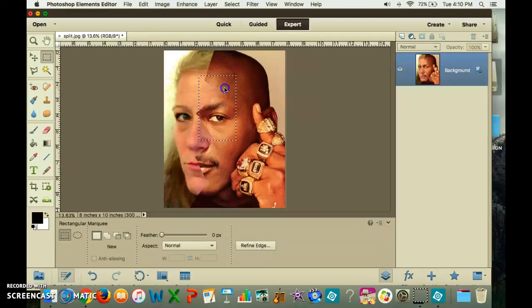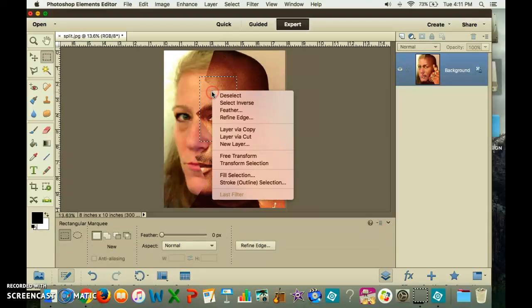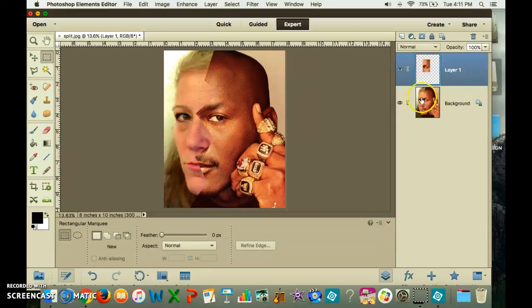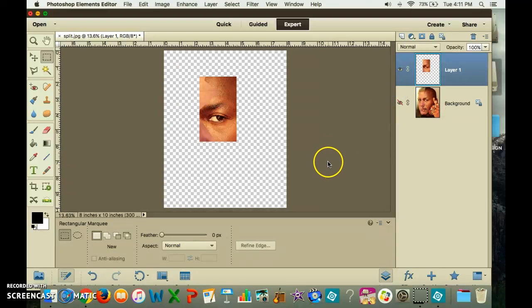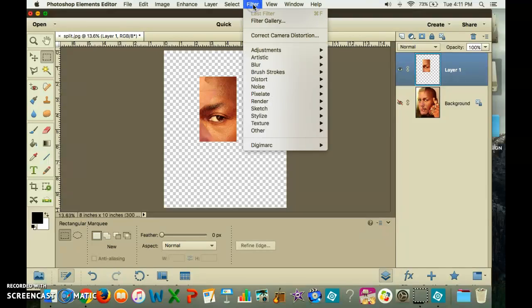So I'm going to be looking for anywhere between 8 to 14, 15 layers. This one's going to be a nice large one right in the middle, and it's one of the eyes that's going to stand out quite a bit. Then what I'm going to do is right click and layer via copy. You can see in the layers window I now have a layer that is just the eye. What I can do is put a filter on it. So you're going to go to Filter, Filter Gallery,